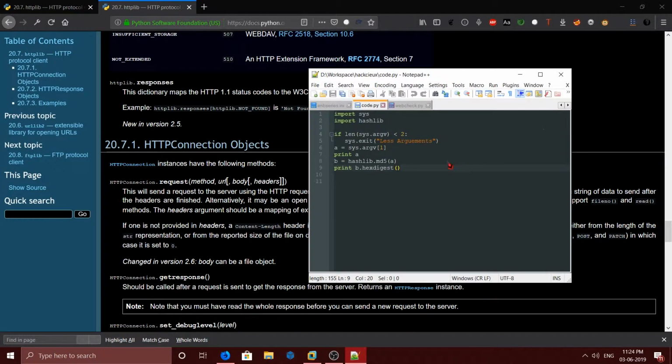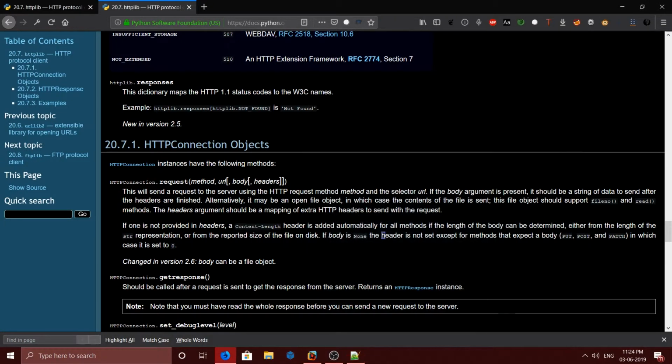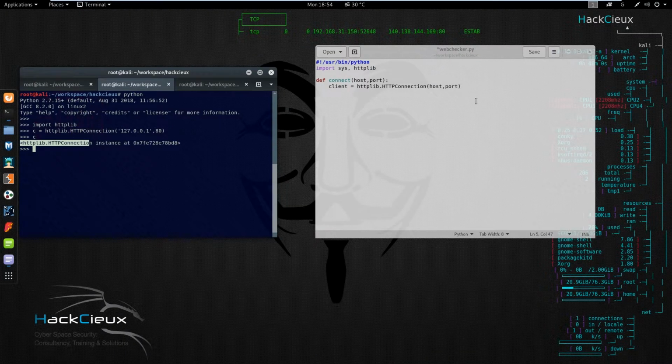So the next line which I am going to write here is, let's say I want to send a request which is a GET request to the server. So let's say client.request, just the way it was given in the guide, GET,